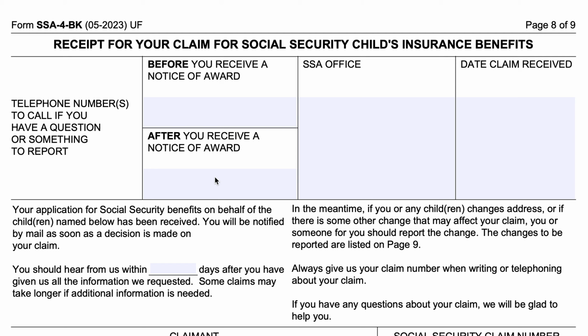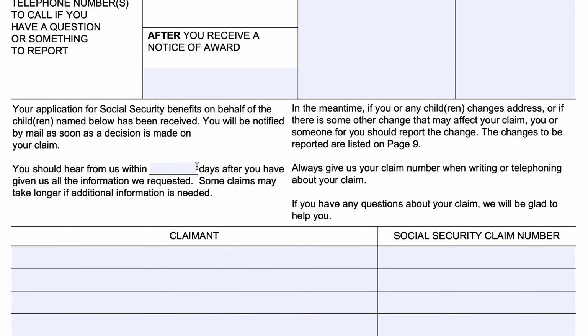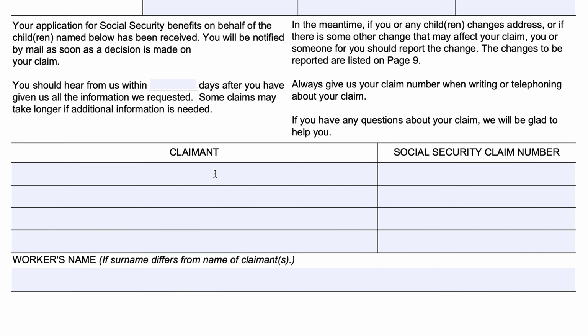So when you leave the Social Security office, you should have all of this information completed: a telephone number you should call to contact before you receive any notification of an award or a denial, and then contact information for after you receive that notice. The SSA office, and then the date that they received your claim. They should also have an estimated waiting period for how many days it'll take for them to process, and then the claimant, your Social Security number, and then the name, John Doe's name,